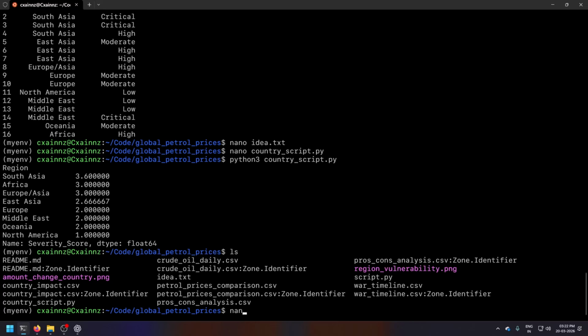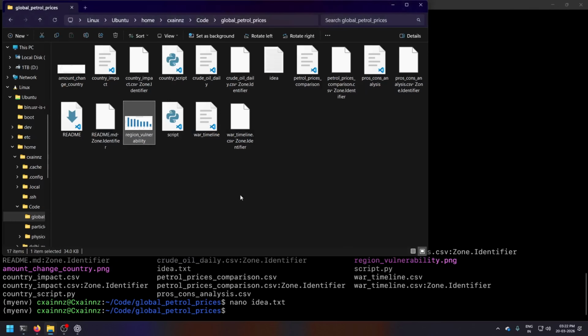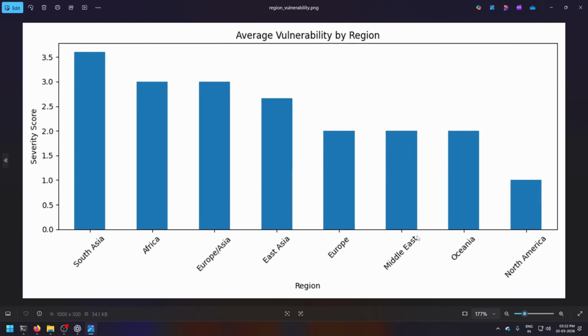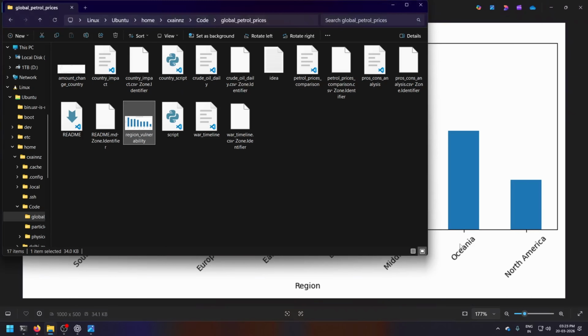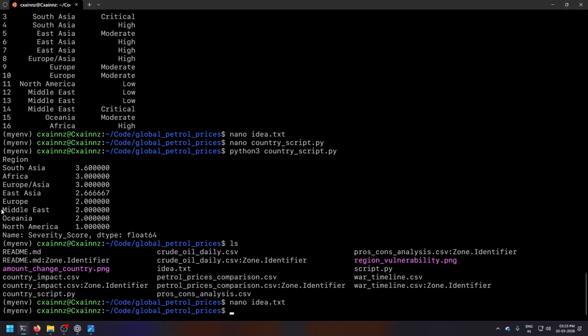So now the fourth question: are oil import dependent countries most vulnerable? Well, that can be answered by this PNG, because usually the Middle East countries are those who export those things. So on the scale of vulnerability, it's the third smallest.